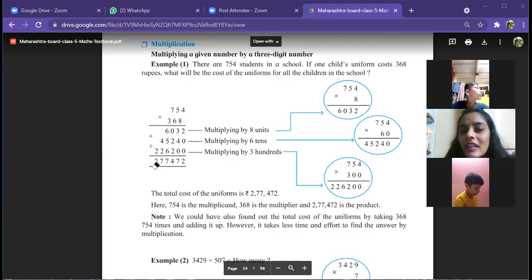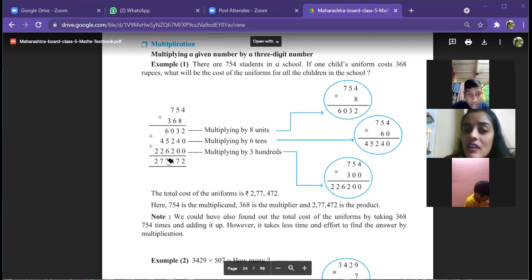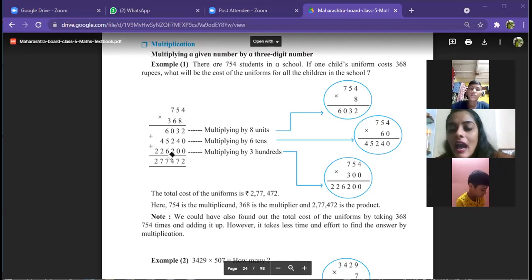So then what do you have to do? Both of you, then you have to add the numbers. Can you see this? 2 is straightforward 2, then 3 plus 4 is 7, then 2 plus 2 is 4, 6 plus 5 is 11, and 11 plus 6 is 17, 1 carry forward, and 4 plus 1 is 5, and 2, 7, 20. This is your answer. This is the way we are writing the answer.